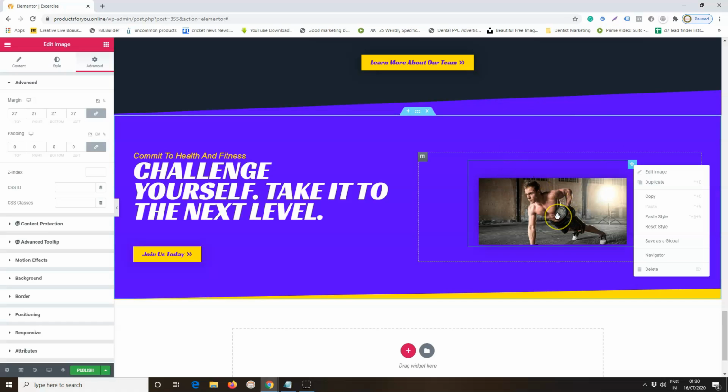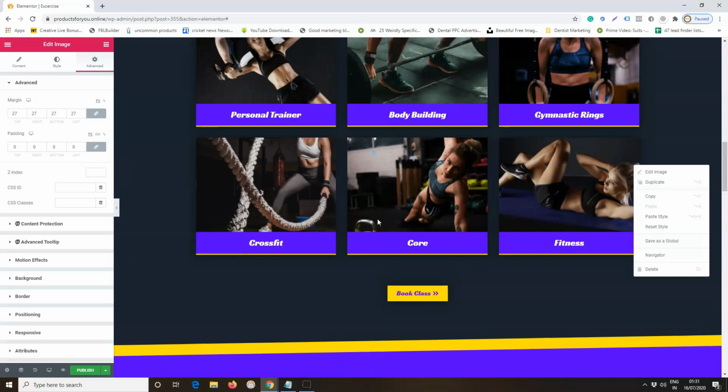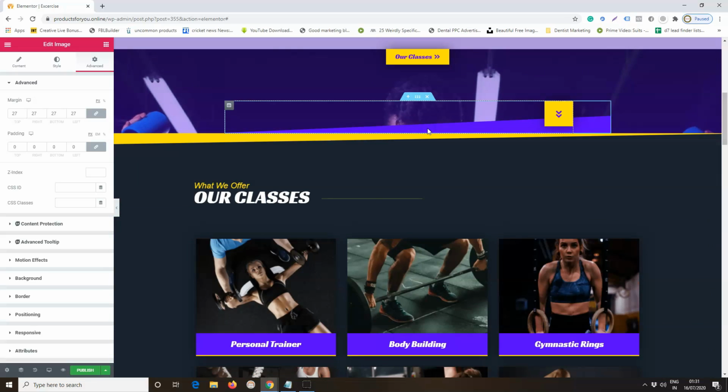Alright, since this image is not really of that particular aspect ratio, that's the reason you're seeing it that way, but that's a secondary portion. You need to select the appropriate image, but this is how you will change it. And let's say you don't want this particular section, you simply come here and delete it.